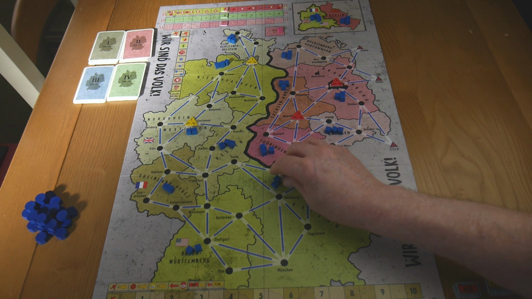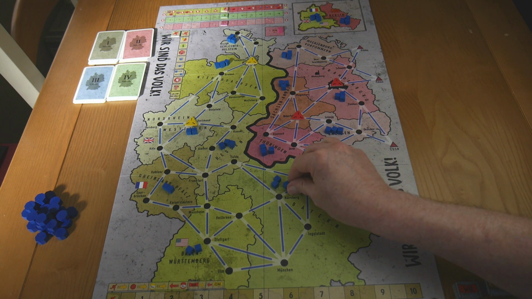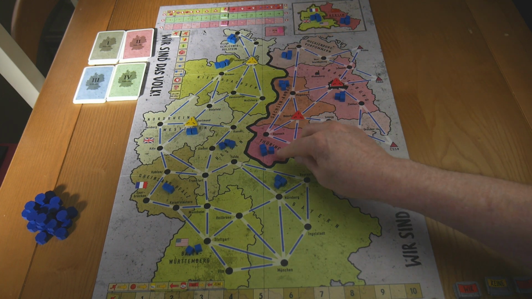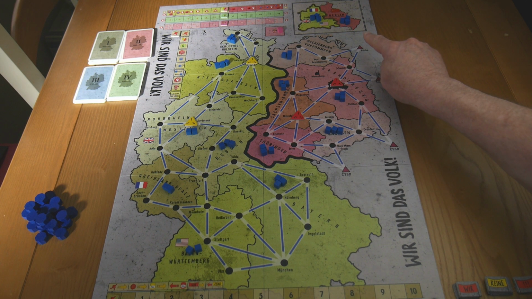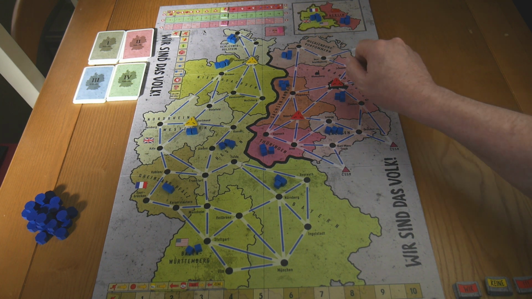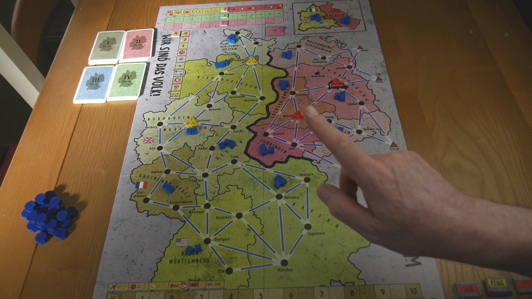If you remember from the first video, these little blue cubes are the unrest cubes. Every single area, every single province, starts with 3 unrest cubes, even West Berlin and East Berlin. The 3 unrest cubes in West Berlin, by the way, cover West Berlin in general. They are not divided by the Allied sectors. So everywhere has 3 unrest cubes to start off with, except